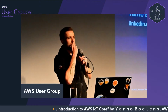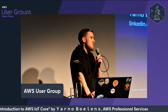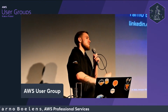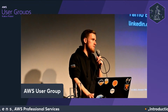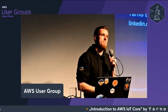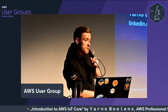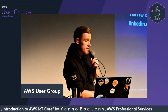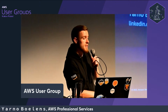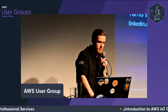You can, for example, run Lambdas at the edge, but we also have what we call the Greengrass device, which is, especially if you're into industrial IoT, a really big thing. It's essentially a middleman that you have on site or at least close to your devices. The devices are not directly connected to IoT Core. Instead, they are connected to the Greengrass device. On the Greengrass device, you can do lots of processing or also run other